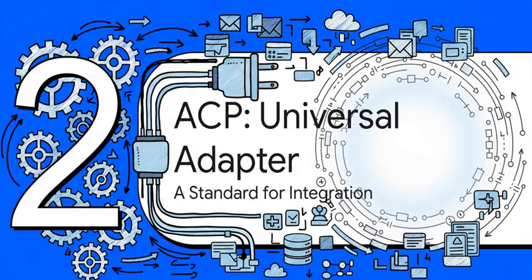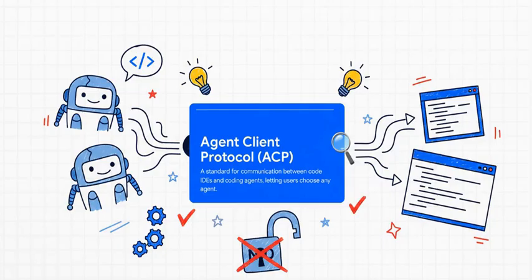Well, the first part of the solution is a really cool new open standard that acts like a universal adapter for your entire dev environment. It's called ACP. So the Agent Client Protocol, or ACP, basically creates a common language that lets any compatible AI agent talk directly to any compatible code editor. Think about that. No more vendor lock-in. You can finally use the agent you actually love, right inside the editor you already know. It's a massive win for developers, and it solves the absolute nightmare of building a million different one-off integrations.